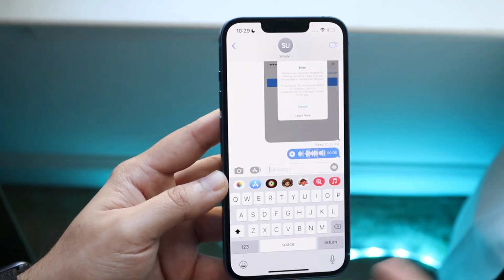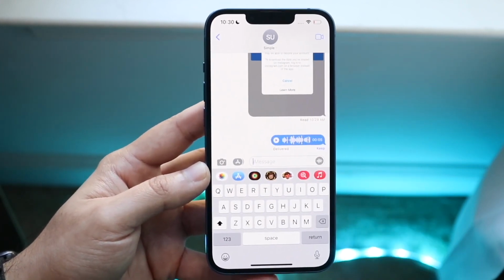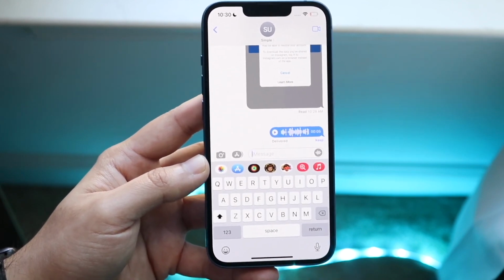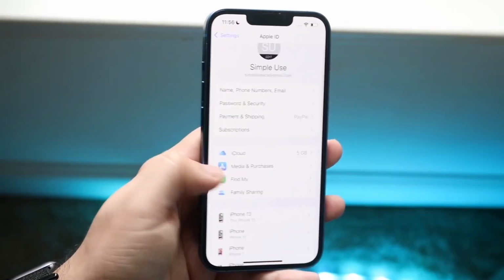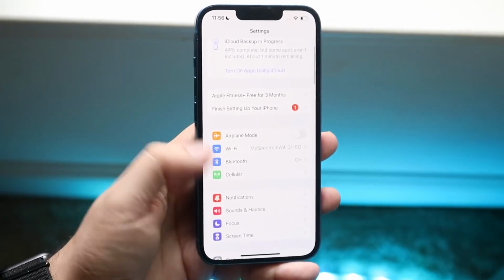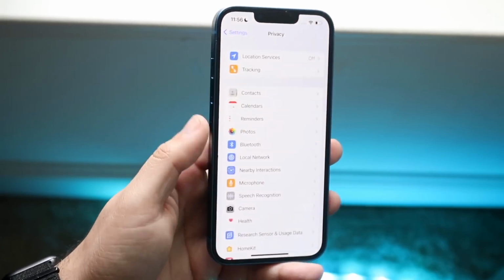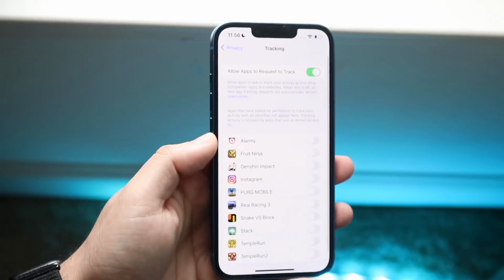Now, there's also been a lot of random touchscreen issues that I've been having as well. I truly do think this is a software issue. I don't think it's a hardware issue. At least I really hope it's not a hardware issue, because if that's the case, then there's going to be probably a big recall, which I don't want to happen. So I'm going to say this is probably a software issue, and what this problem is essentially